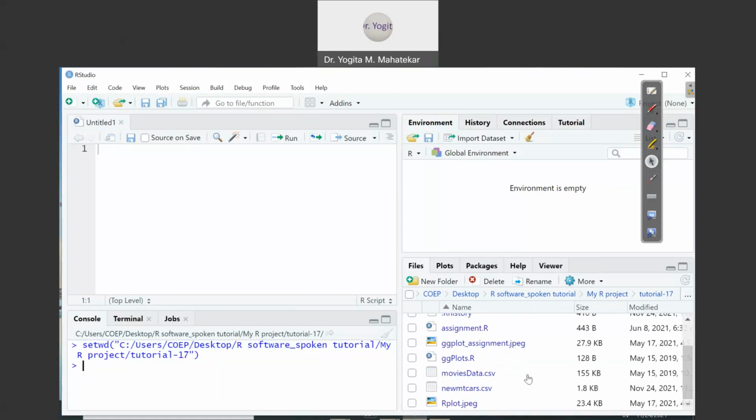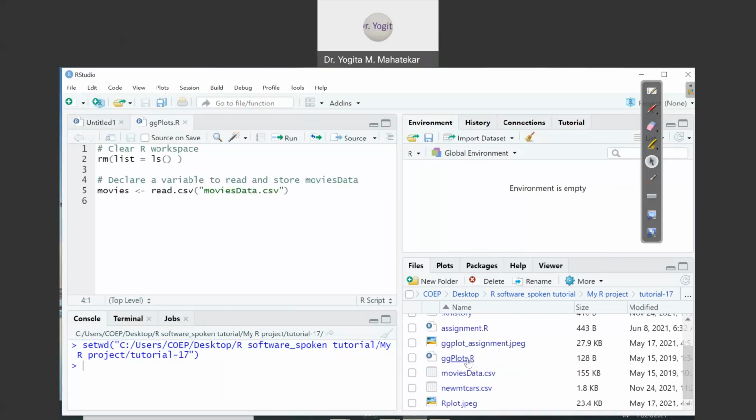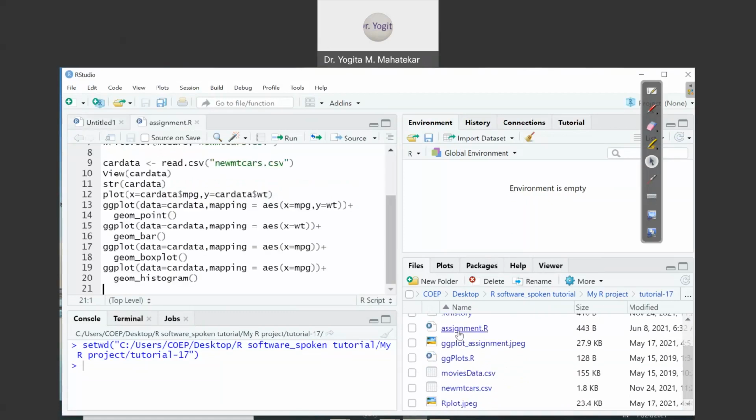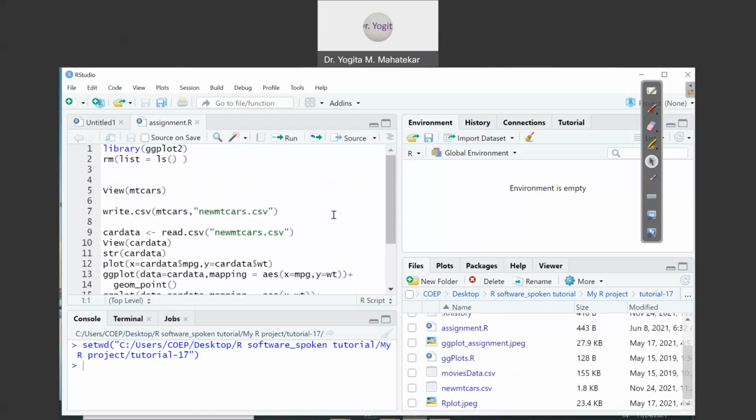So let us open this R script file. Let me go to assignment. I think here I have saved the commands related with the ggplot2 package.